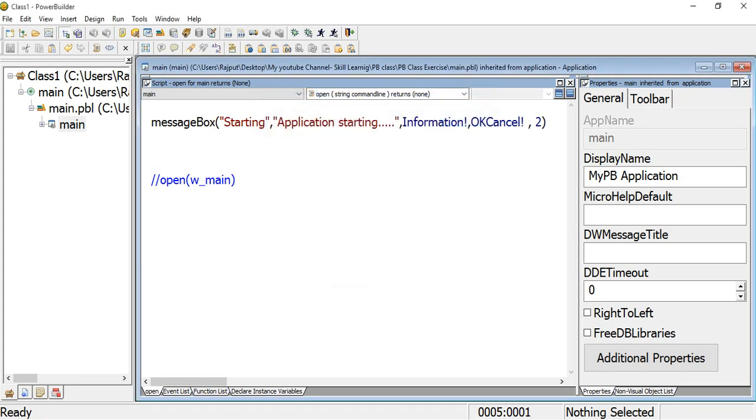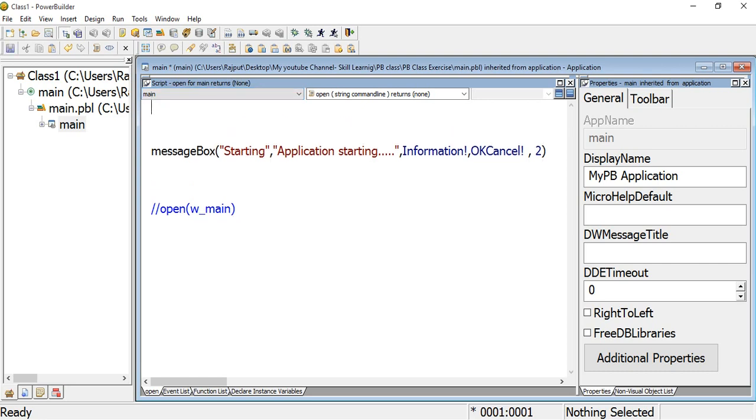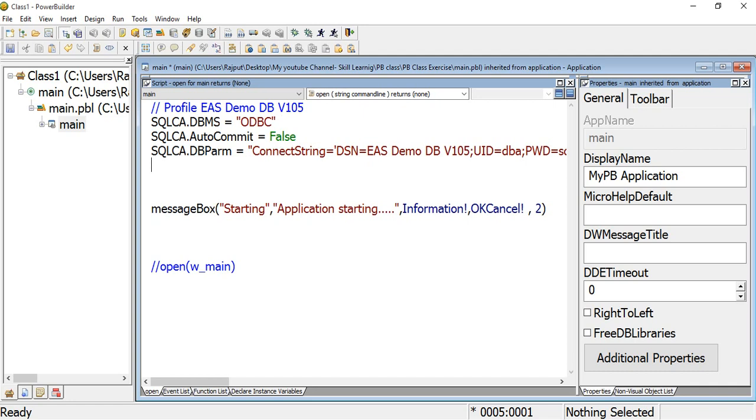So mostly the first script in our application is the connection, because the connection is required. SQLCA is the transaction object we discussed in the SQL transaction object video.